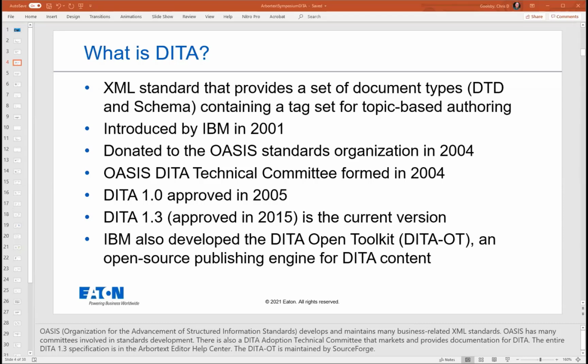And for people that are interested in the work of the committee, the entire DITA 1.3 specification is in the Arbortext Editor Help Center, so you can dive into it as much as you want. So the technical committee was originally founded in 2004. The first revision of DITA 1.0 was approved in 2005, and the current version is DITA 1.3, which was approved in 2015. I actually did a little bit of work on the 1.3 standard,